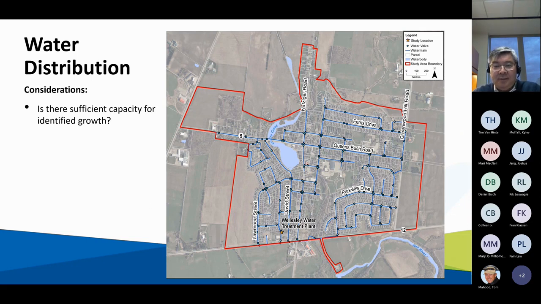Storage is an important part of the distribution system as it can help supply water during periods of high demand. So one question we'll be tackling is, do we have enough storage? Will we require additional water storage infrastructure, say such as a water tower, to meet the future demands? Then there are 5 pumps that help sustain adequate pressure in the village. Are these sufficient to meet the village demands or do we need more pumps?